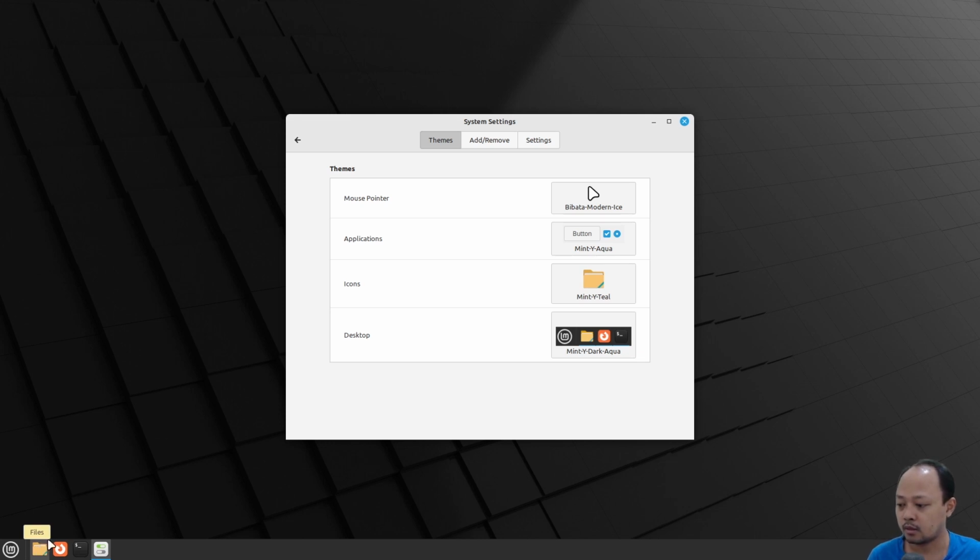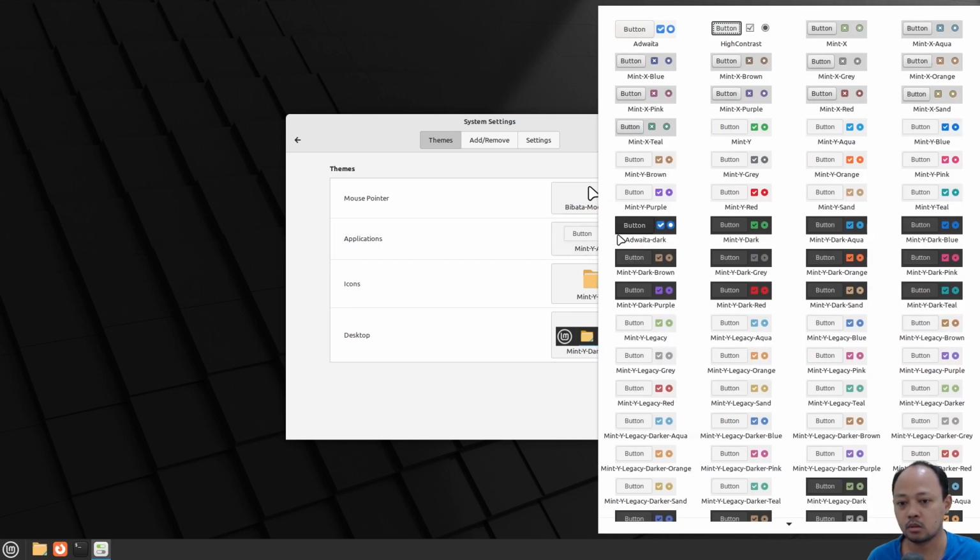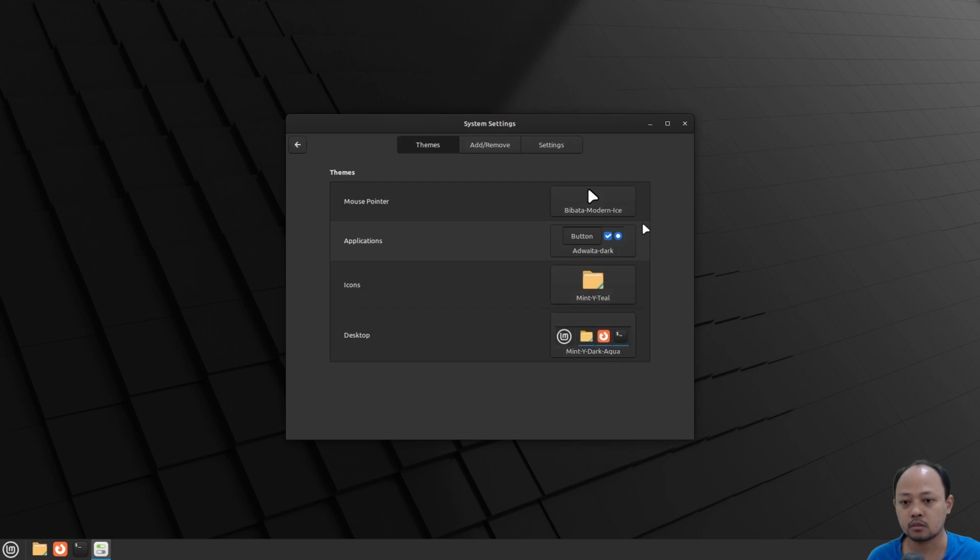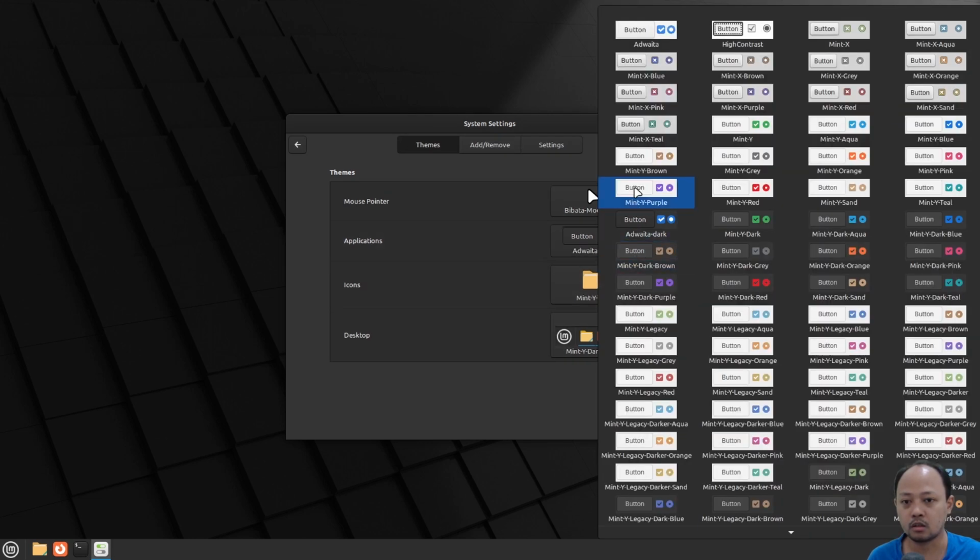Okay, and then changing the applications color button. As we can see here, the color is blue, and I will change the color to Adwaita dark. It's so dark for me, I cannot see anything.